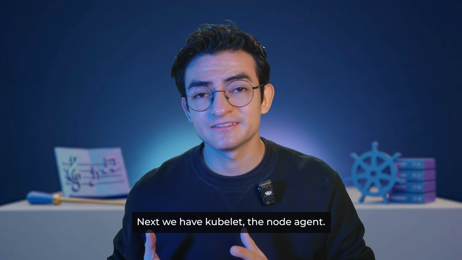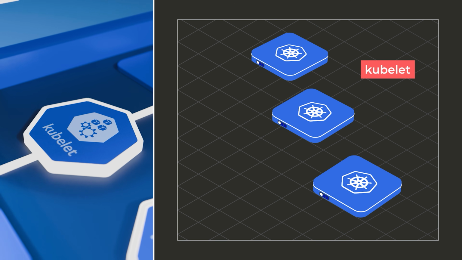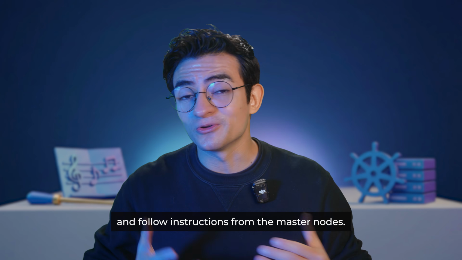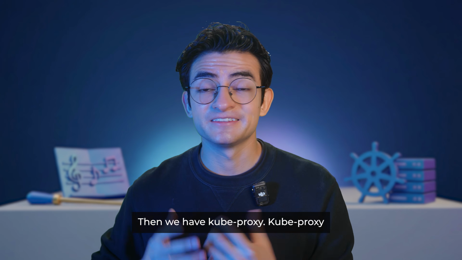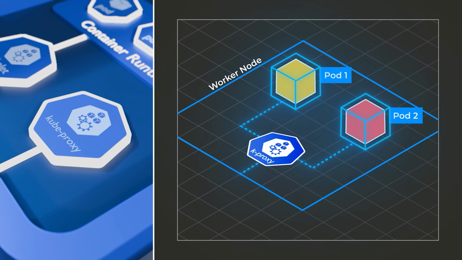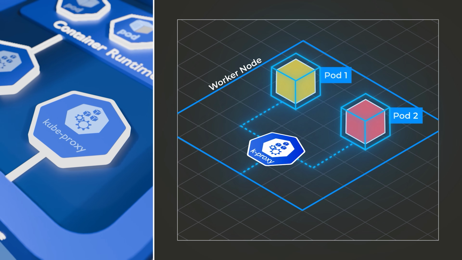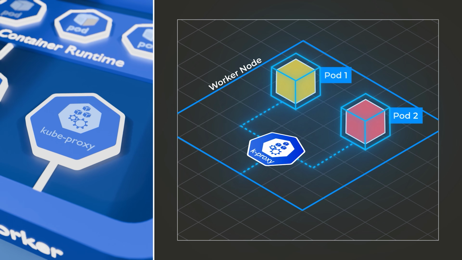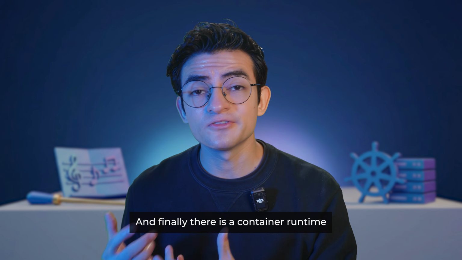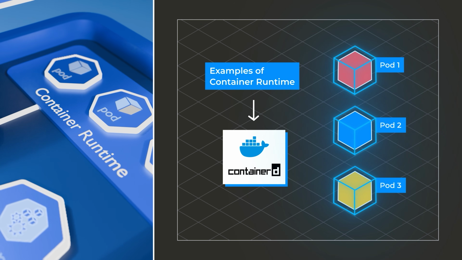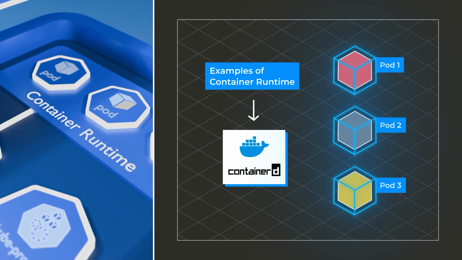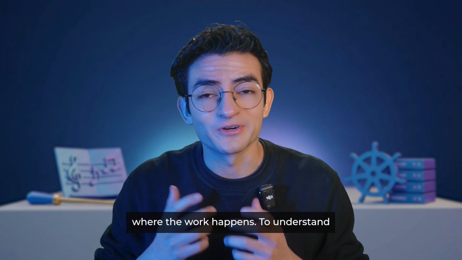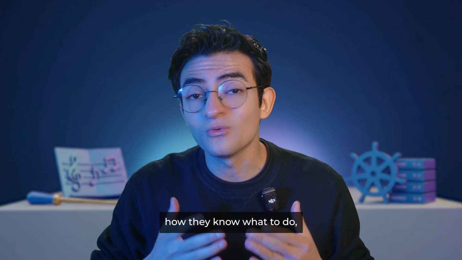Next, we have kubelet, the node agent. Thanks to this agent, each worker node can communicate with the whole cluster and follow instructions from the master nodes. Then we have kube-proxy. Kube-proxy handles the networking on the node, doing routing and load balancing to send traffic to the correct pods. And finally, there is a container runtime, like containerd. The runtime is the engine that starts and stops your containers inside the pods. So worker nodes are where the work happens. To understand how they know what to do,